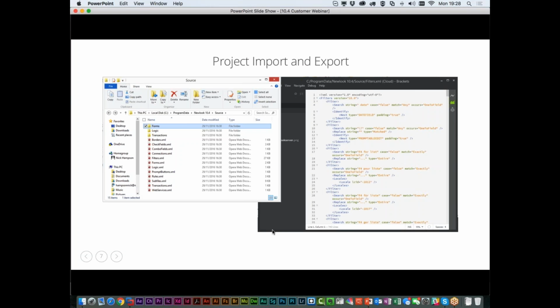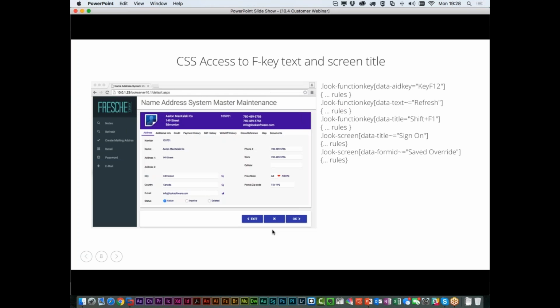Project import and export. So the ability to work with an XML definition of all of the parts of the application. We've been able to work with management systems for many, many years, but this means it's a lot easier to work with the more modern tools like GitHub and SVN, the text-based systems, and do those really simple modern merges with all of the parts and the definitions of the recognition engine